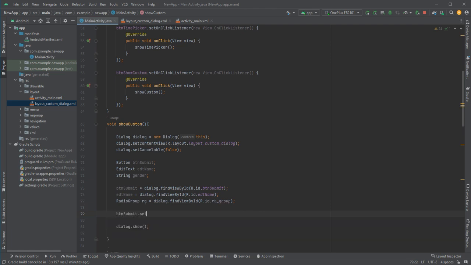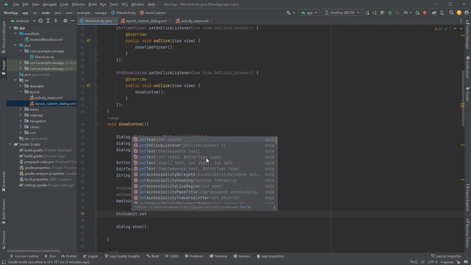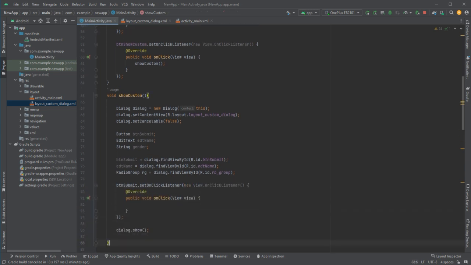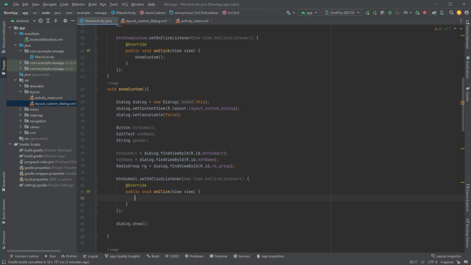Button submit dot set on click listener. So button submit dot set on click listener equal to new OnClickListener. Now into this button submit I want to write the code to get the inputs from user, right? So here what I will do is I will write one string, str equal to name,